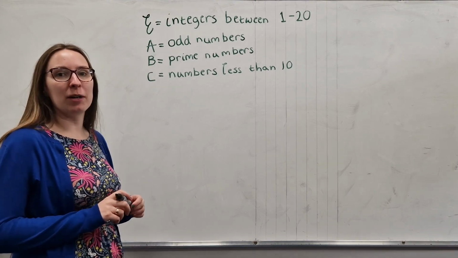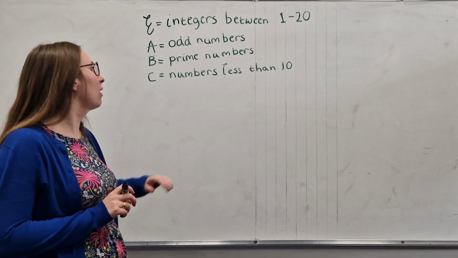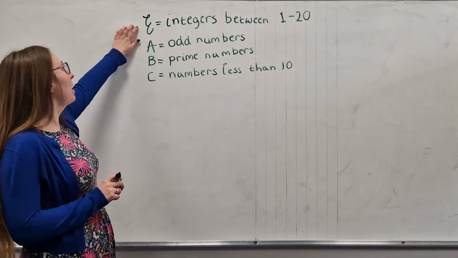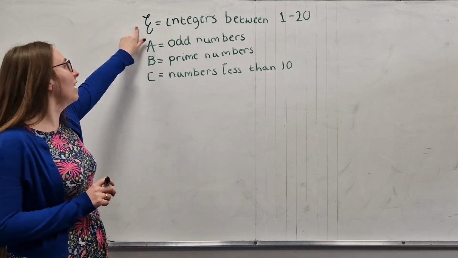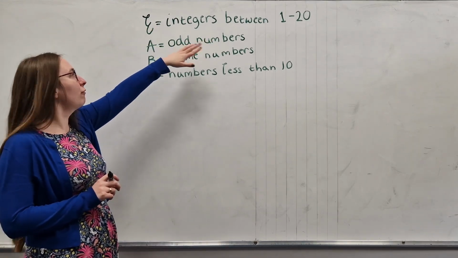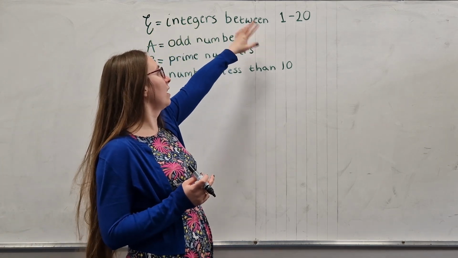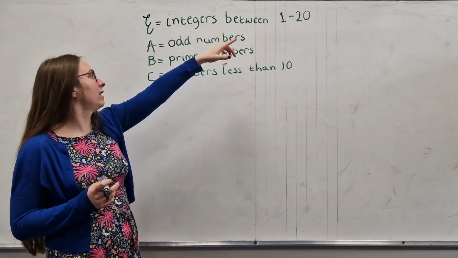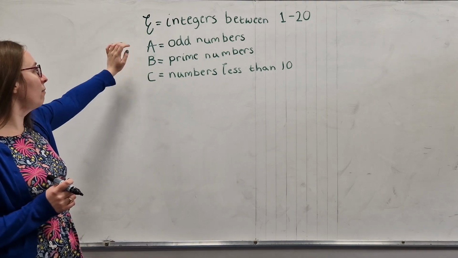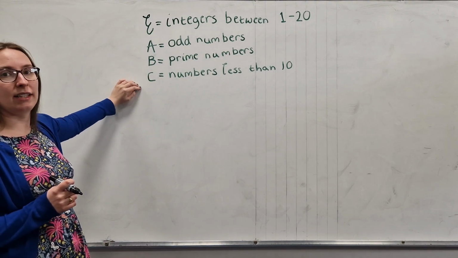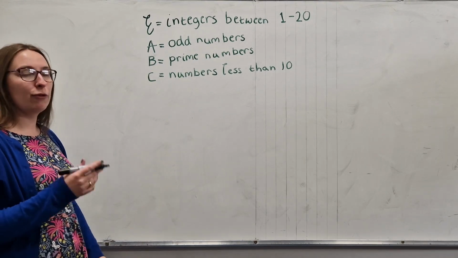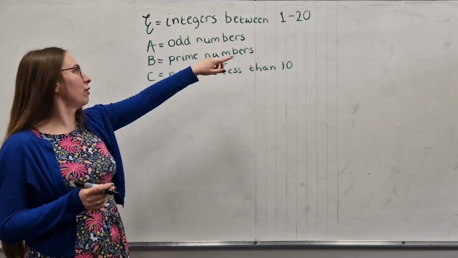Okay, so in part A of the question, we're asked to complete the Venn diagram based on this information. So we have what's known as our universal set here. So these are all the numbers we'll be dealing with. Integers are whole numbers, so the whole numbers between 1 to 20, and that includes 1 and 20 itself. Then set A is the odd numbers, set B is the prime numbers, set C is the numbers less than 10. So before I even draw the Venn diagram, I write out all the numbers I'm going to need here,